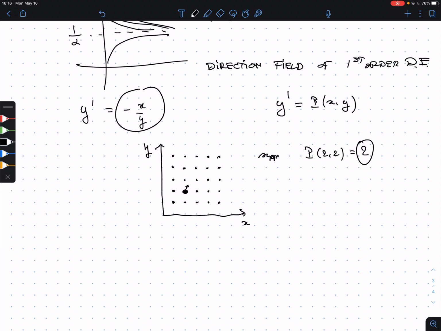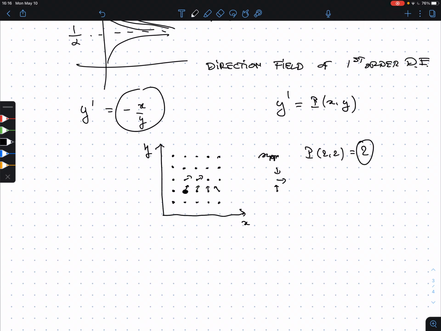So I do this for this, I do this for here, I do this for here, I do this for here. So perhaps this is the pattern that emerges, and I get something like this and this and this. So you get all these little arrows, but what you're not going to have is something like that, and then this, and then this. They are not just turning wildly. No, there is going to be some